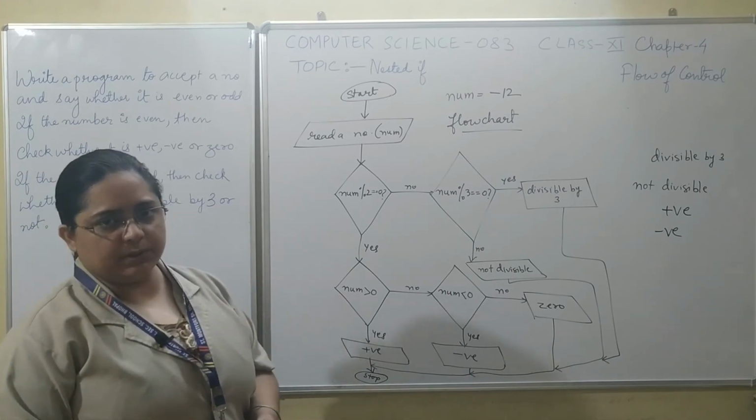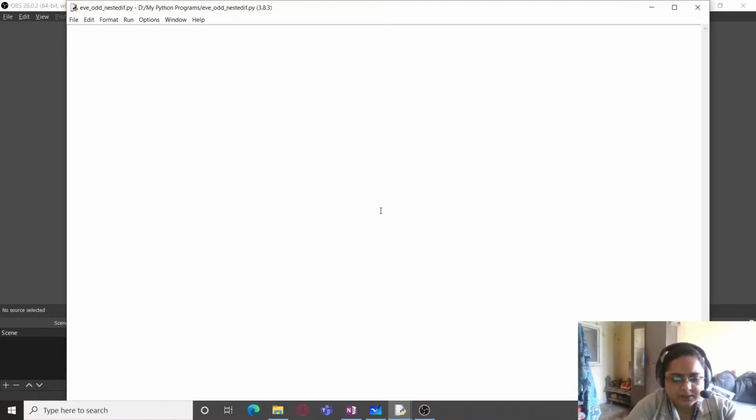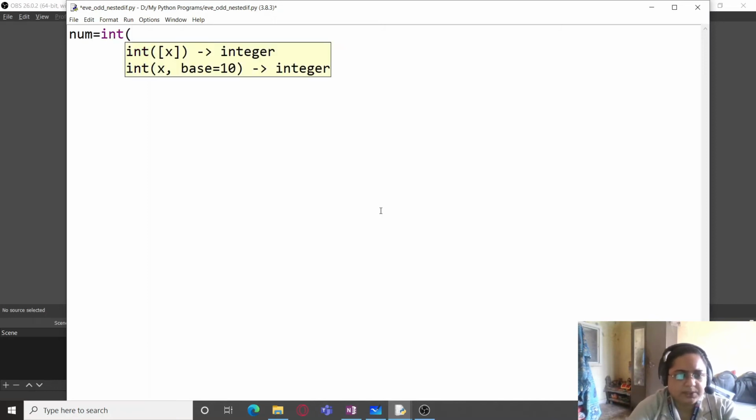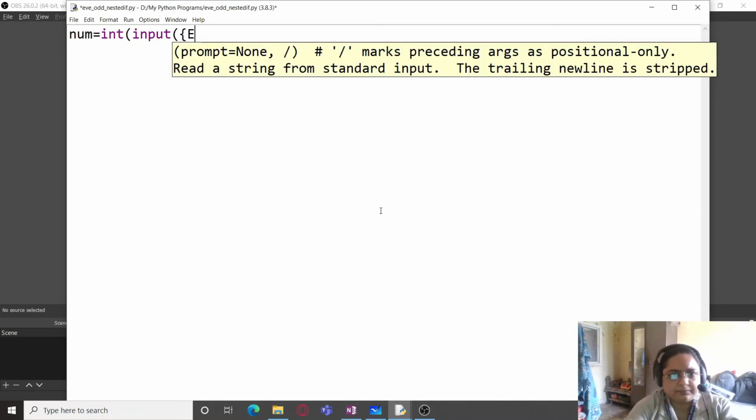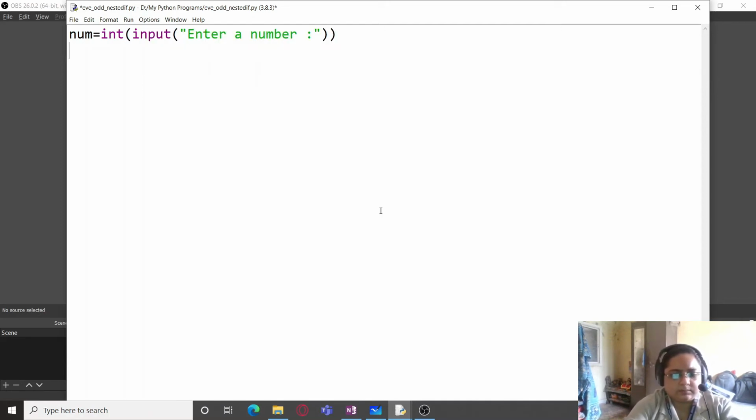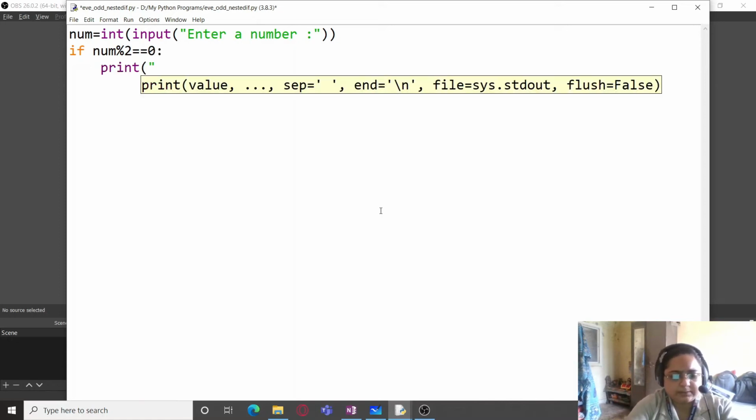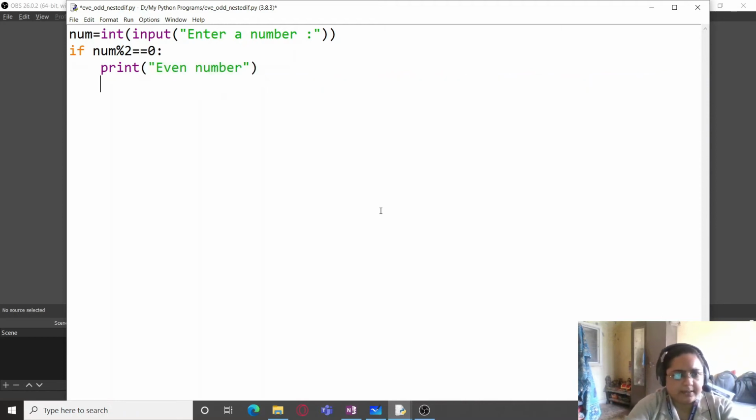Let's move on to the computer and check it out there. So let us see how we can write this program. We are first going to accept a number from the user. Enter a number. If number is even, first I'm going to print even number, and then I'm also going to check whether the number is positive, negative or 0.